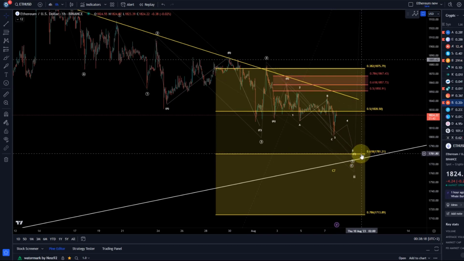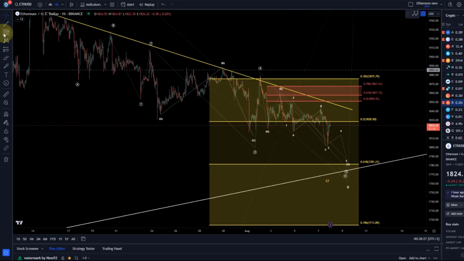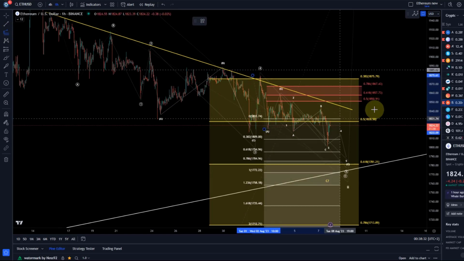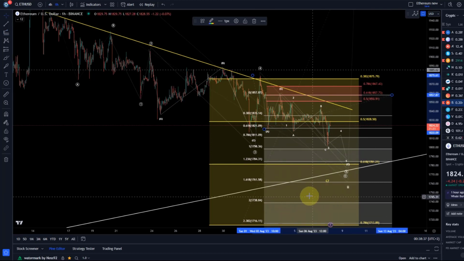What I find an ideal level is the 1780 level, that golden ratio, the 61.8 Fibonacci retracement. It would just be ideal. For example, we take the length of this A wave, go to the high of the B wave to calculate the potential target for the C wave. Here you can see the 1.618 extension level is another one that is potentially relevant at 1760. There is of course a bit of uncertainty, but these are levels to watch around 1780.